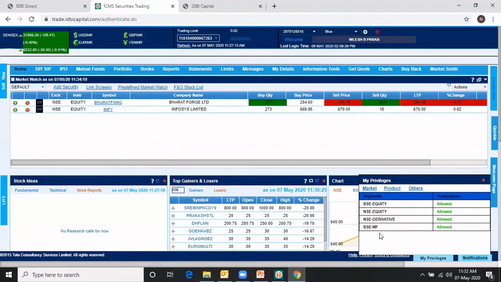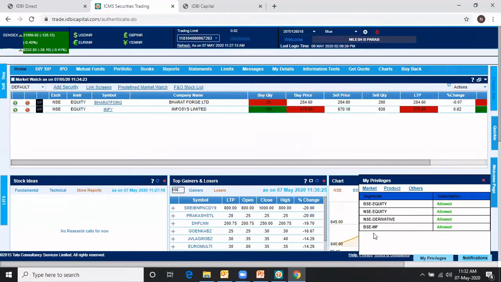We will have a different video for that. But it is important to have BSE StAR MF, because in BSE StAR MF we have almost all kinds of equity schemes of almost all AMCs. So there will not be a scenario wherein there is a particular mutual fund scheme you want to buy and we are not providing it. That possibility is very rare. So I'm requesting you to register yourself for BSE StAR MF.